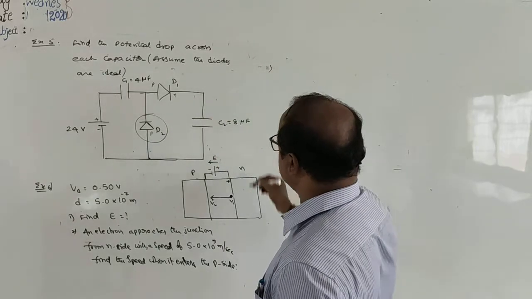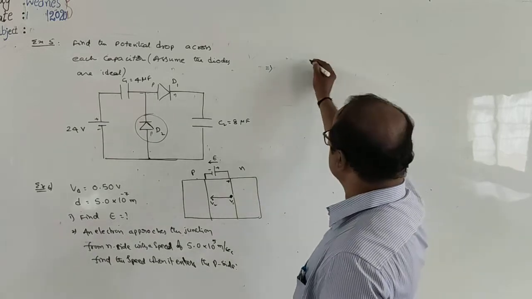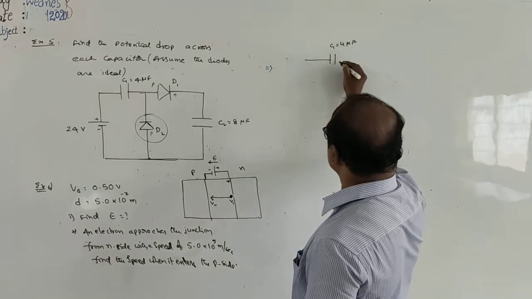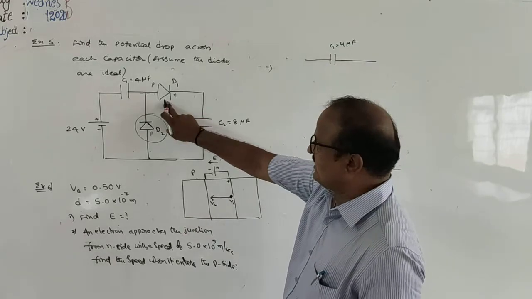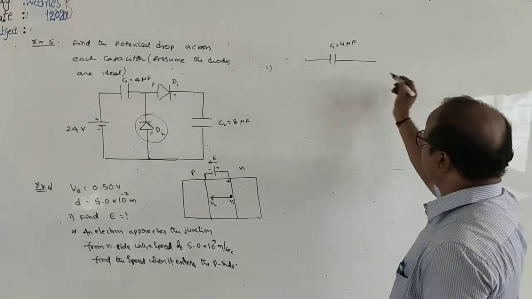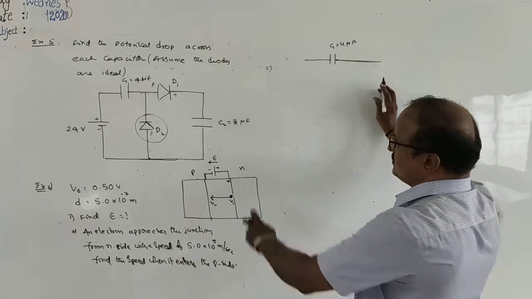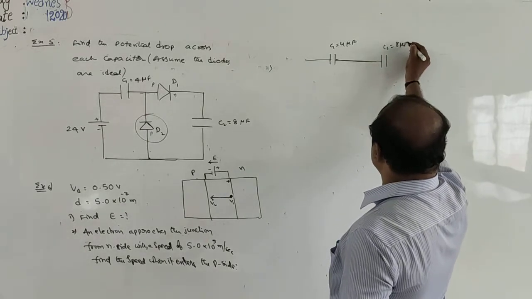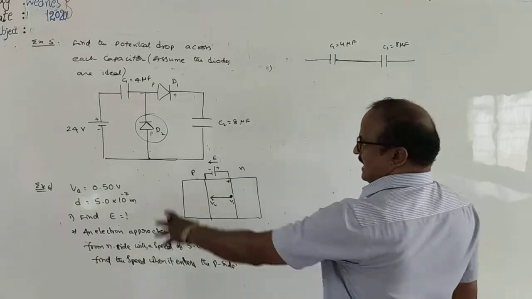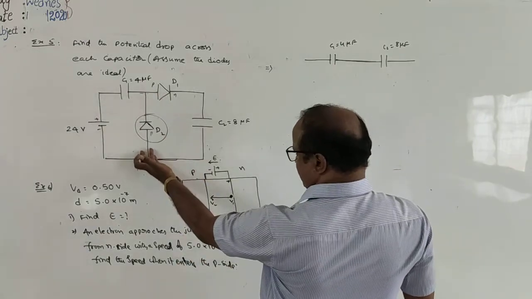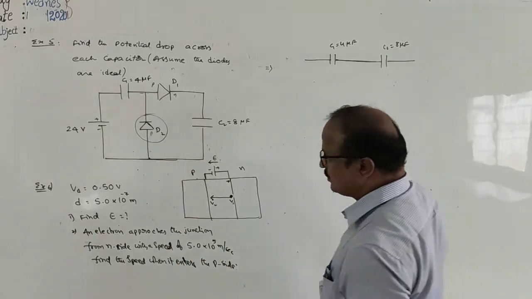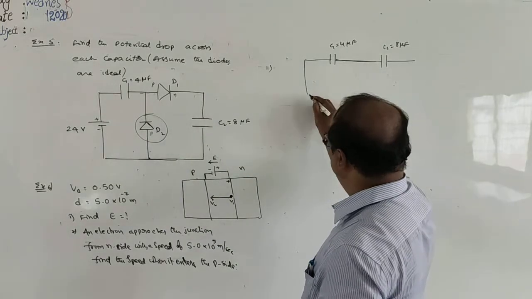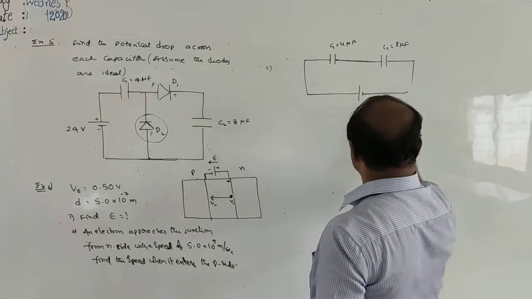The equivalent circuit of this can be written as follows. C1 is equal to 4 microfarad, and instead of D1 it is a closed circuit, so we do not need to mention it. And C2 is equal to 8 microfarad. And here this is an open circuit, meaning there is no current passing through the wire D2. Finally, between the first terminal and the last terminal there is a battery with EMF equal to 24 volts.